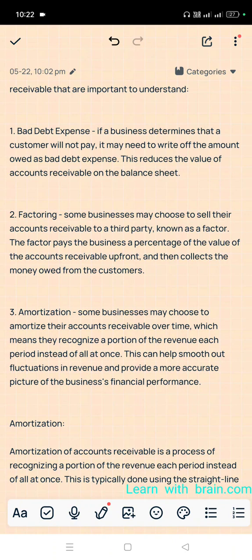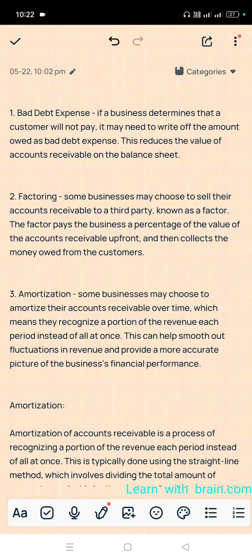So in relation to accounts receivable, bad debt expenses: if a business determines that a customer will not pay, it may need to write off the amount owed as a bad debt expense. This reduces the value of accounts receivable in the balance sheet. Okay, for example,